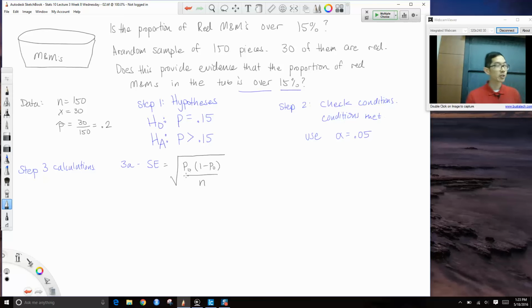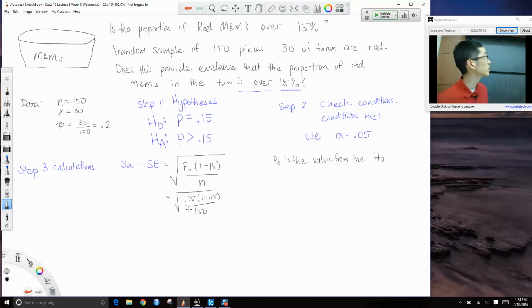The 0 is like the 0 that appears in the null hypothesis, okay? So this just means use the P that appears in your null hypothesis. So P0 is the value from the null hypothesis. So in our case, we have 0.15 times 1 minus 0.15 divided by